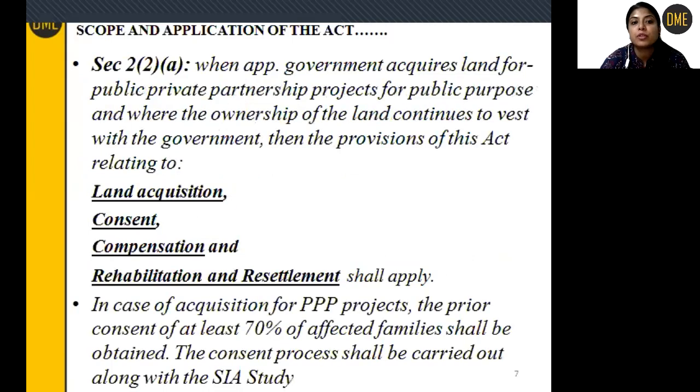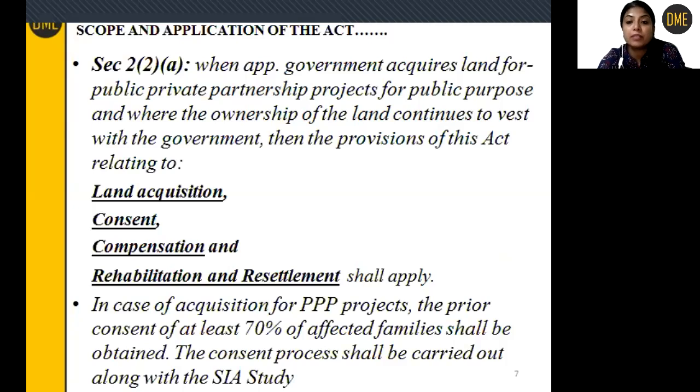Now subclause 2, let's see. Subclause 2 provides for two types of land acquisition further, provided under subclause A and subclause B. Subclause 2 provides for when the appropriate government acquires land for public-private partnership projects. So PPP, three P's: public-private partnership projects for public purpose, and where the ownership of the land continues to vest with the government,